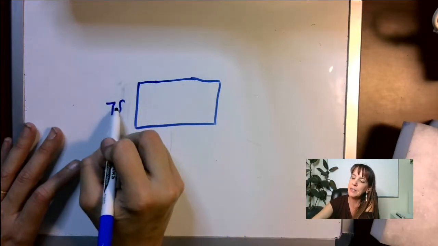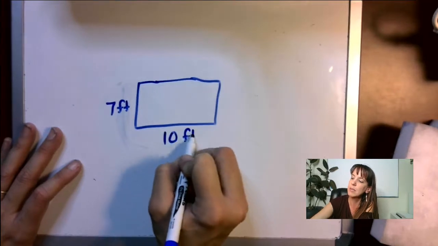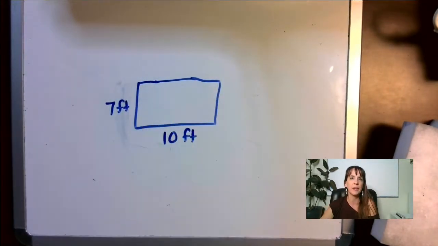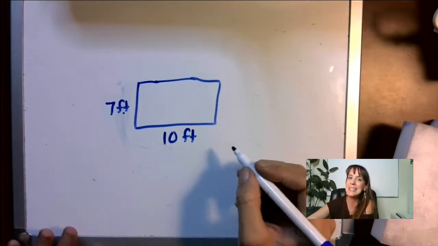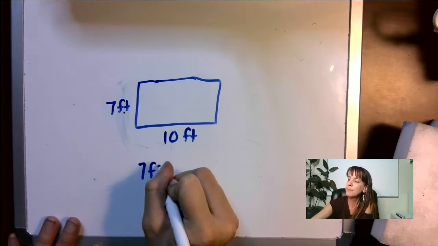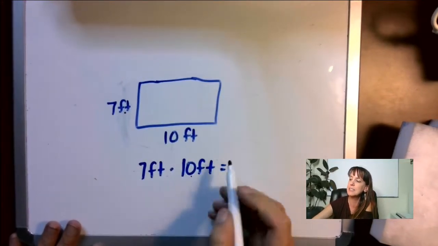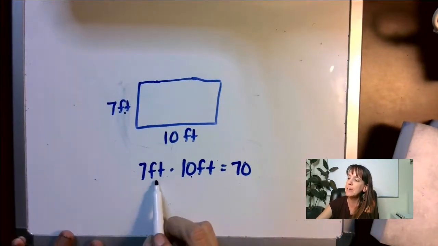And this side is 7 feet, and this is, I don't know, 10 feet, okay? If I wanted you to find the perimeter of it, you would add up all those sides, right? If I wanted you to find the area, you would take this and multiply it by this. Guys, 7 feet times 10 feet equals, this times this gives us 70, and then feet times feet gives us